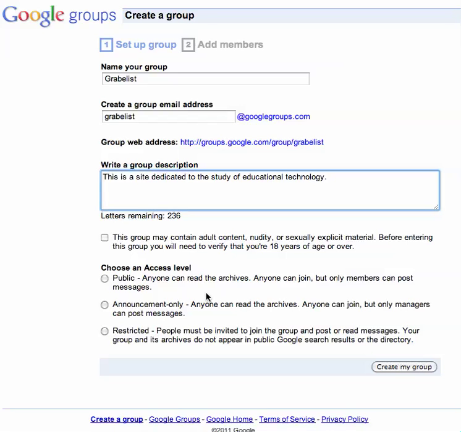And then I'm going to choose an access level. Now, this is very important because although you can change it later, it does kind of control who can be a part of the group and who can see group content. I'm going to take the most conservative, the most restrictive option here, restricted, and I'm thinking for many K-12 sites this will be what's desired. Alright, so now create my group,